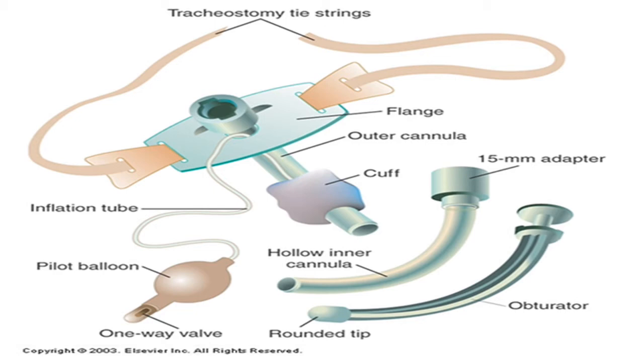This cuff will put some pressure on the tracheal mucosa, so you have to make sure that the pressure is minimal enough to provide an accurate seal, but not so much pressure that it might cause damage to the tracheal mucosa. Typically those pressures should not exceed 20 millimeters of mercury, and the respiratory therapists are the ones who oftentimes will come around and check this cuff pressure at certain intervals during